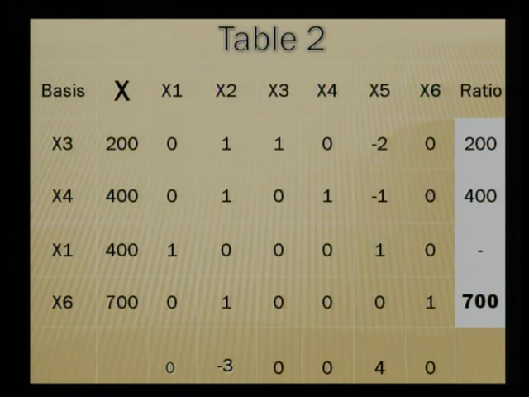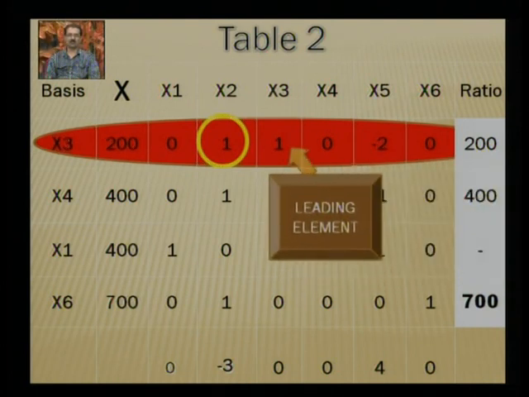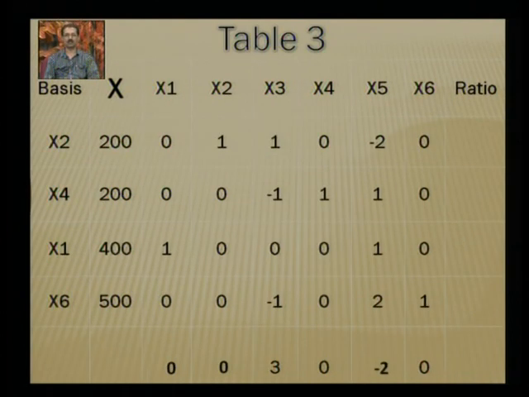that will give us in fact a leading element. That leading element should be 1. Okay, so again a leading element is 1. So this is our table number 2. We can say that we have to do little more work because we are still not getting a positive number. So what we did from table 1 to table 2, the same process is going to be repeated from table 2 to table 3. Table 3 appears on the screen.